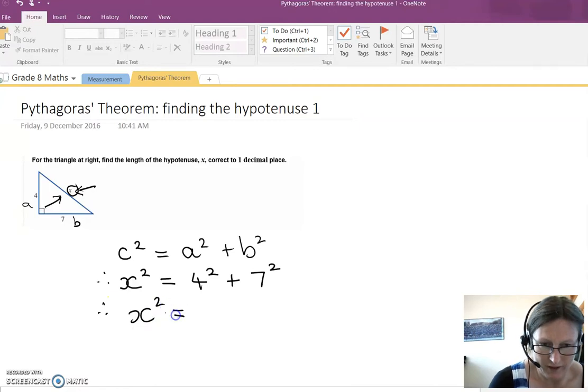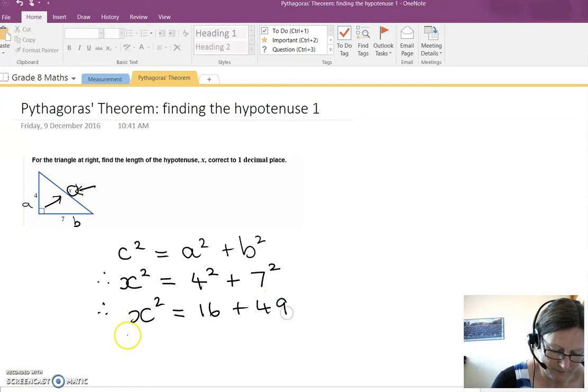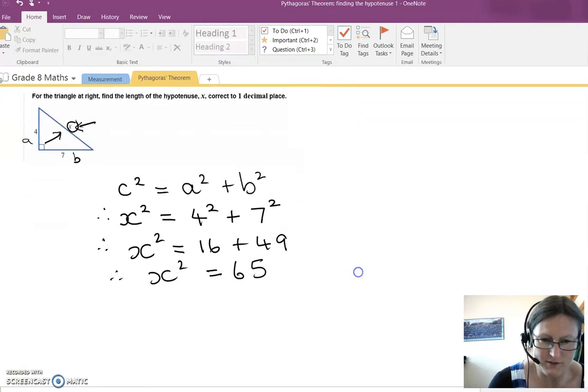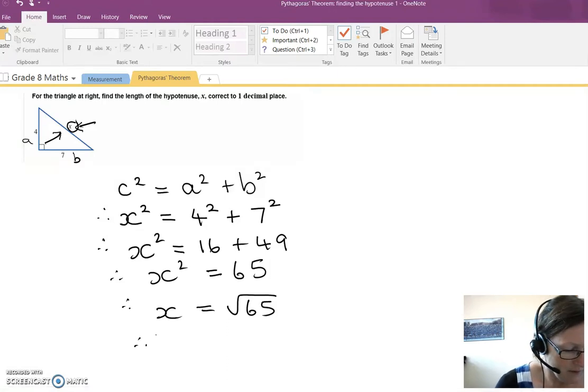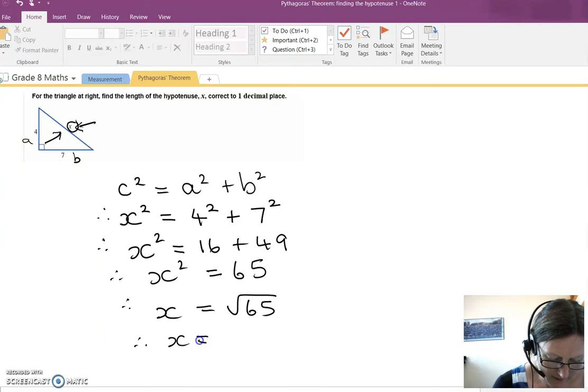X squared, we then actually square 4 and we square 7. Add those together, so add 16 and 49 to get 65. That's what x squared is. We want to know what x is, so to find x, we take the square root of 65. When we get the square root of 65 and put that into our calculator, write down all the solution. So write down x is equal to